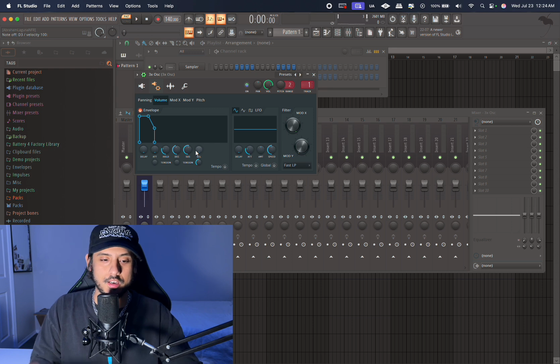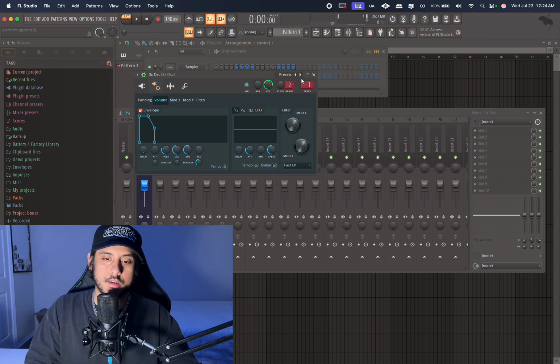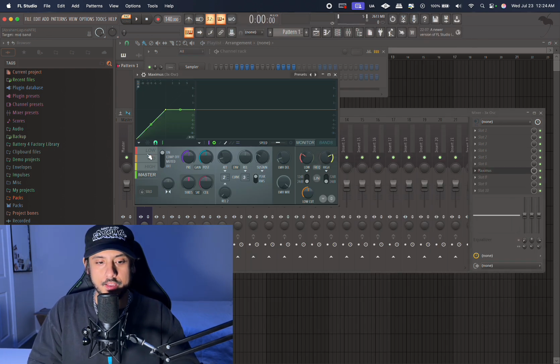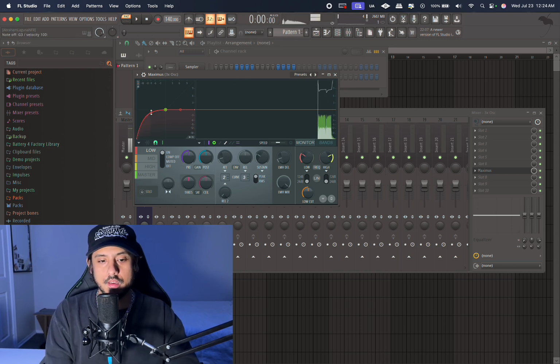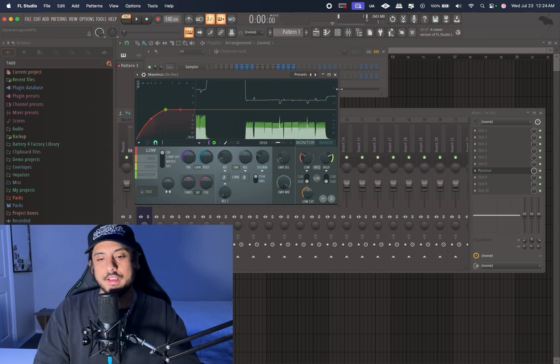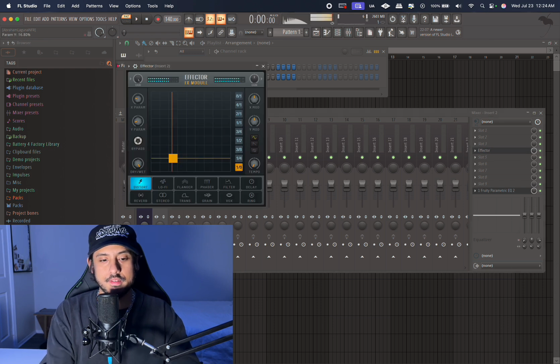I love the saw, like distorted bass, but keeping that low end integrity is super important. And what I'll also like to do is on the OSC, go to Maximus, and then bring up the low end. Just pump that a little bit more, and you get more of a detailed sound. So yeah, you can play with that a little bit. Go back to the effector and